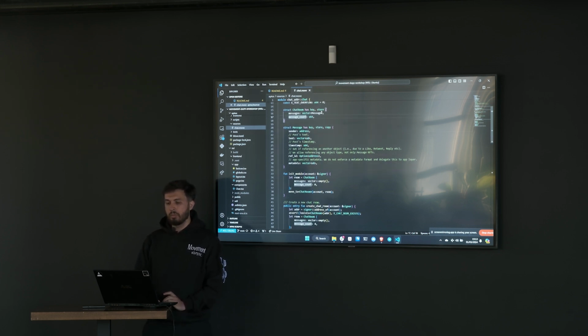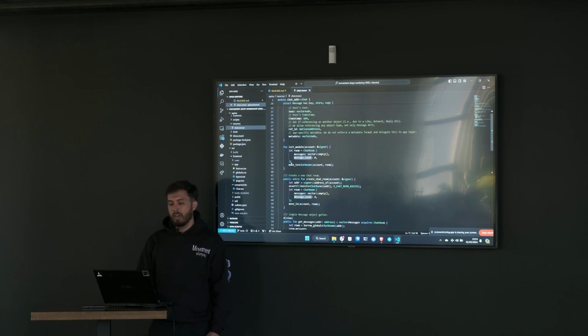You can see that you have some abilities here. This is very specific to Move, and it helps with security. And here we are using a message that can be a key. It can also be stored, and it can be copied. It's storing basically who sent it, what the text is, the time it was sent, if you're responding to a certain message or a certain address, and some metadata. And then you have an init module function,